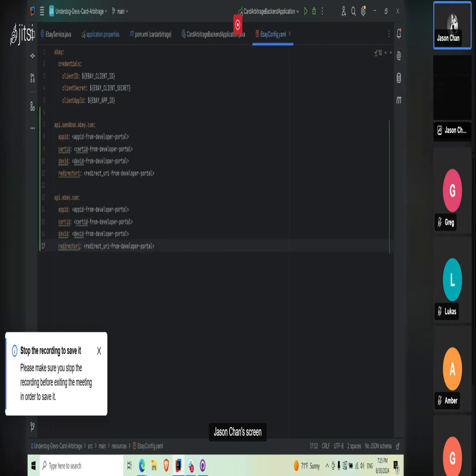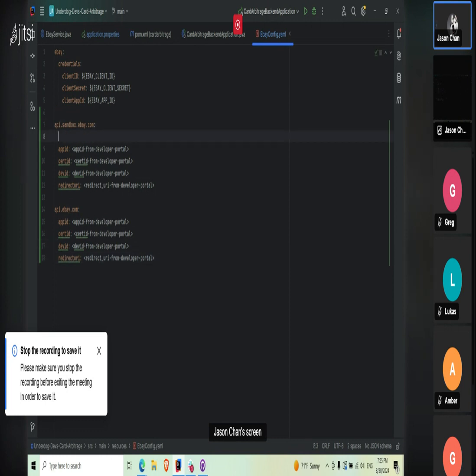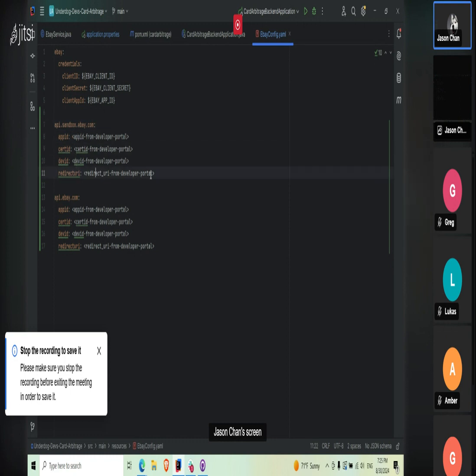Right. And so then afterwards, I have my credentials, app ID. Okay, I don't really know where these go. Okay. And so what's very interesting about this is we have our eBay client ID and secret and app ID,